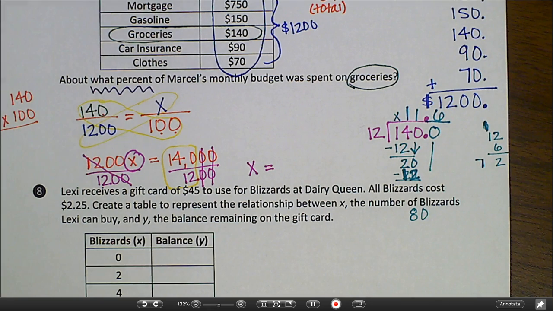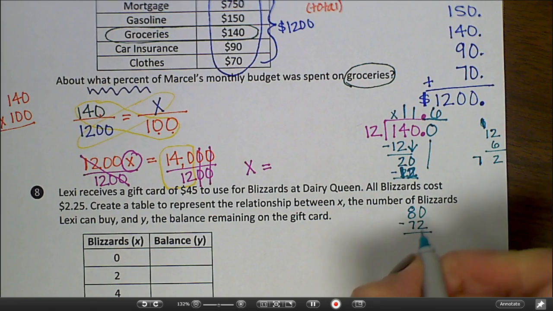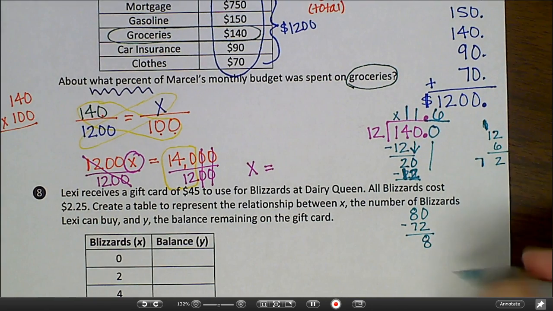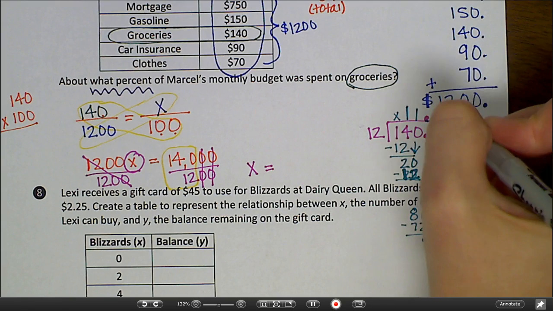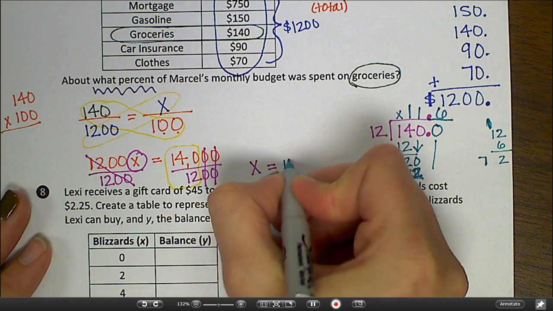Okay, 72. We subtract and get 8 again, so this is just going to repeat. We keep on getting 8, so it'll be 0.66666. So this is about 11.6